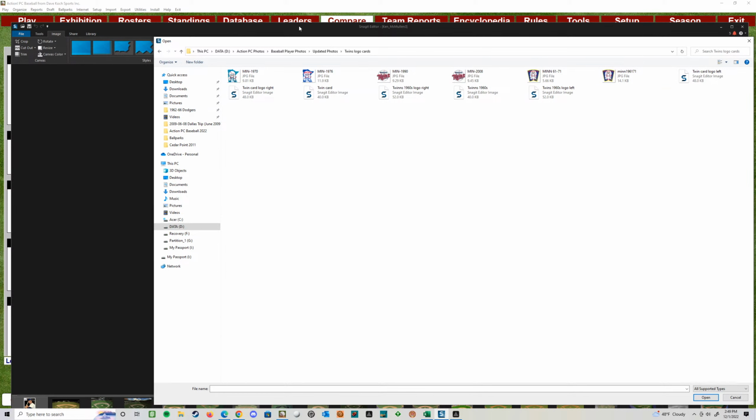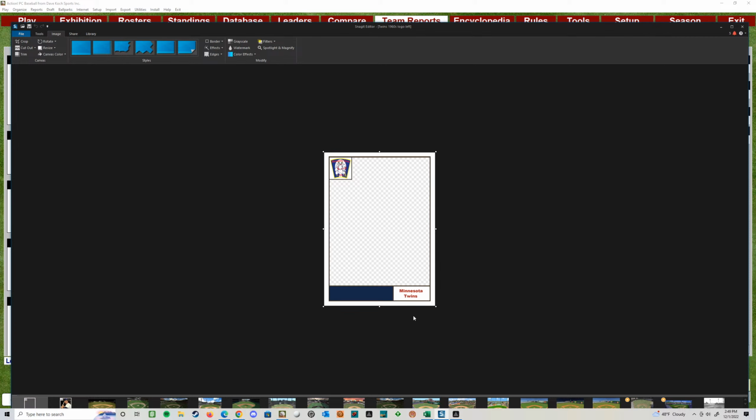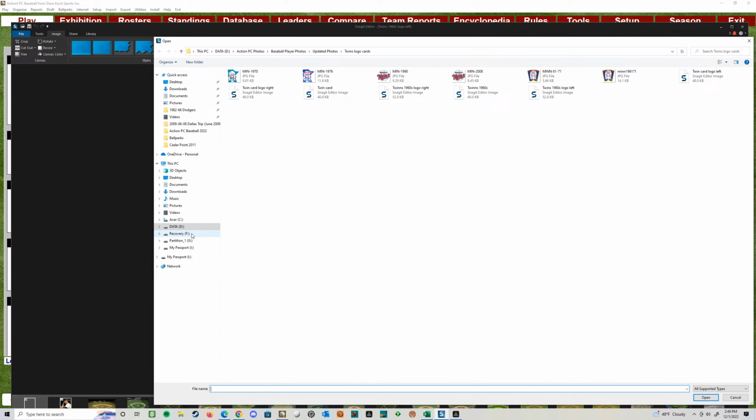And then I've got a Snagit template, like here's the Twins in the 60s. So I can pull this up and start putting the name in and doing all that good stuff. And then I'll just grab that and drop it over the pictures and crop them and make a template. That's kind of how I do my custom photos for this.